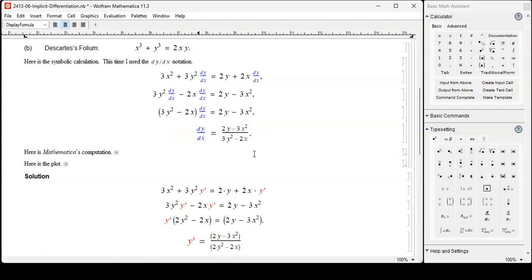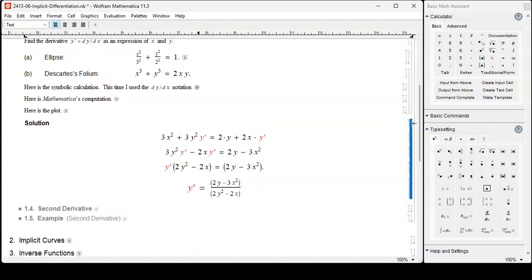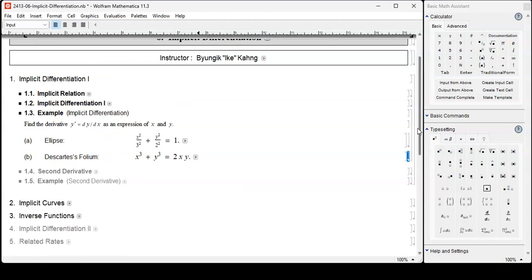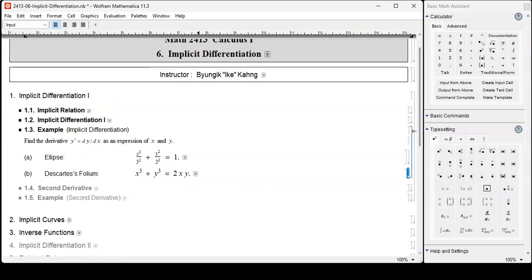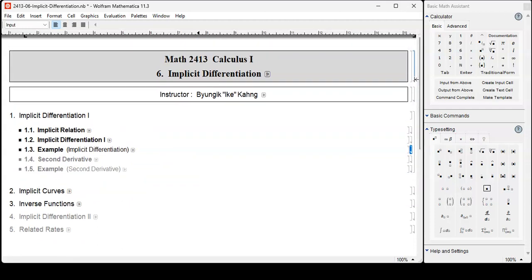So do you like prime or do you like dy dx notation? Me personally, I prefer y prime notation. And students usually score better with y primes because they are simpler, but dy dx, that's totally fine with me. Okay, we're done with the implicit differentiation, at least the first step. I have some time left, but second derivative, those are,